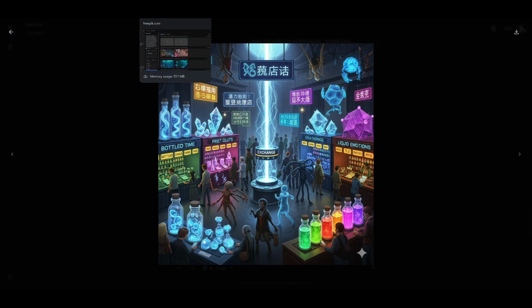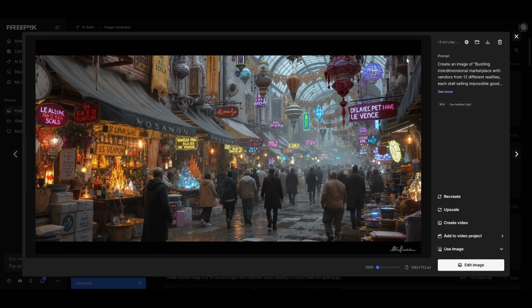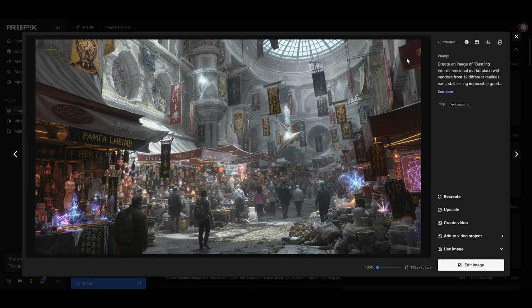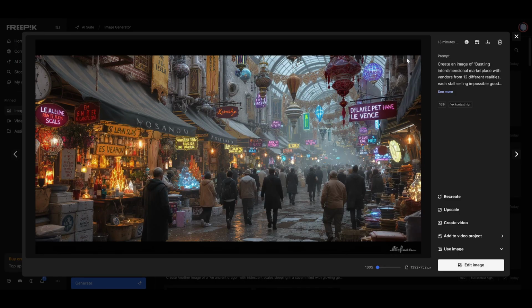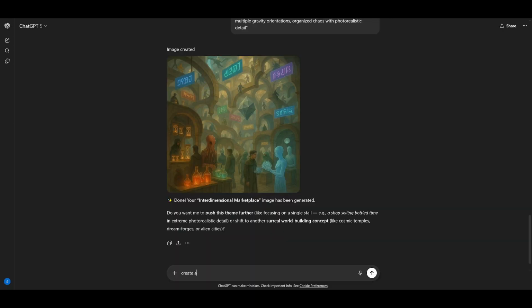Flux Kontext Max delivered another gorgeous image, but missed some of the weird prompt-specific elements. There weren't any geometric entities or alien language signs. So for this round, Google Nano Banana takes the point for best matching the prompt and delivering that fun marketplace vibe. Now, for the final round, I wanted to really challenge all 3 models with something complex and full of